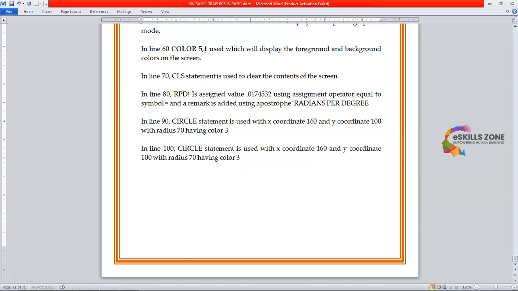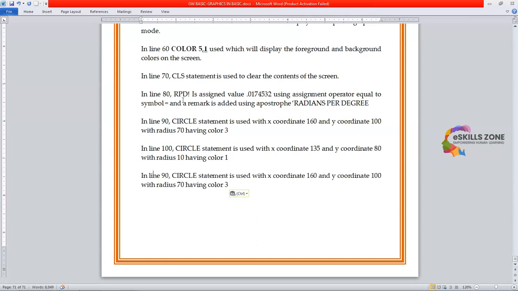In line 100, the circle statement is used with the x coordinate 135 and y coordinate 80, with radius 10, having color 1. In line 110, the circle statement is once again used with x coordinate